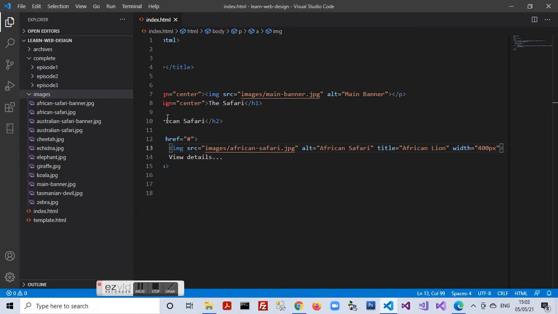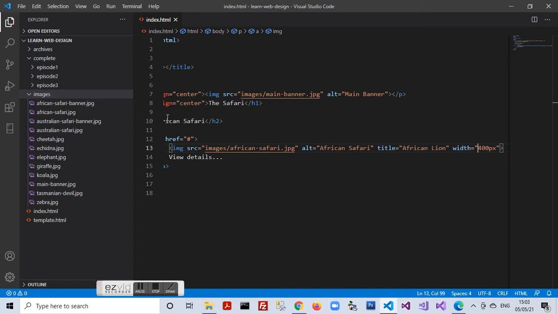So here we have specified the width attribute only, and the height will be changed accordingly. We save this value and we move on to the browser, and we'll see that the display size of the image has reduced as per the size specified in the width attribute of the image tag.